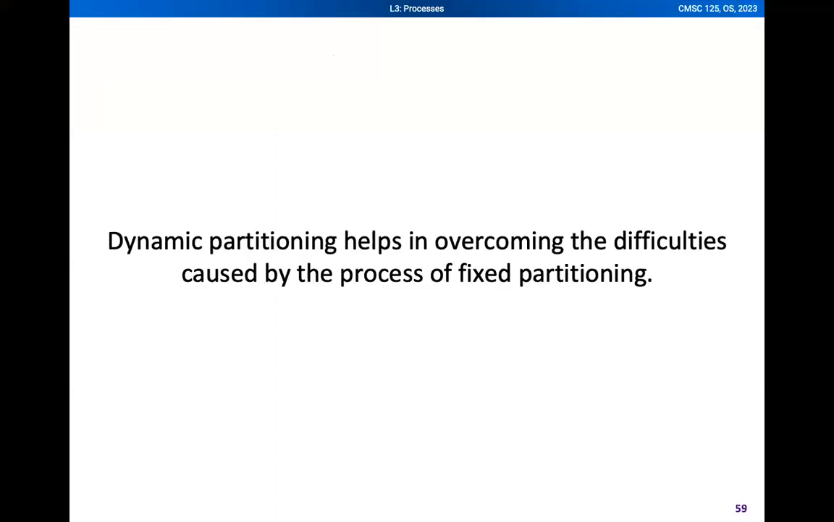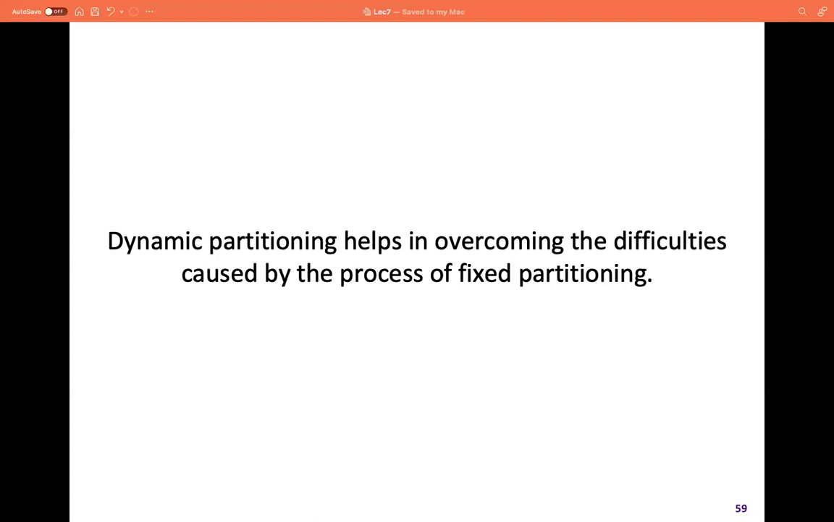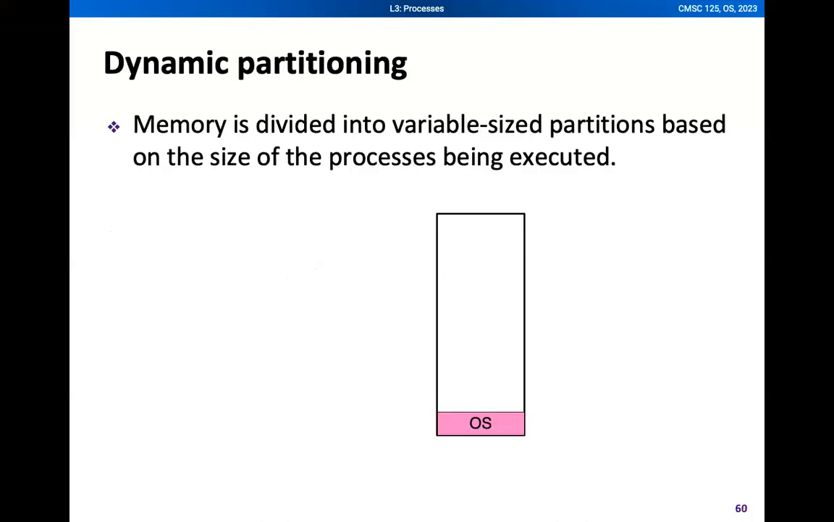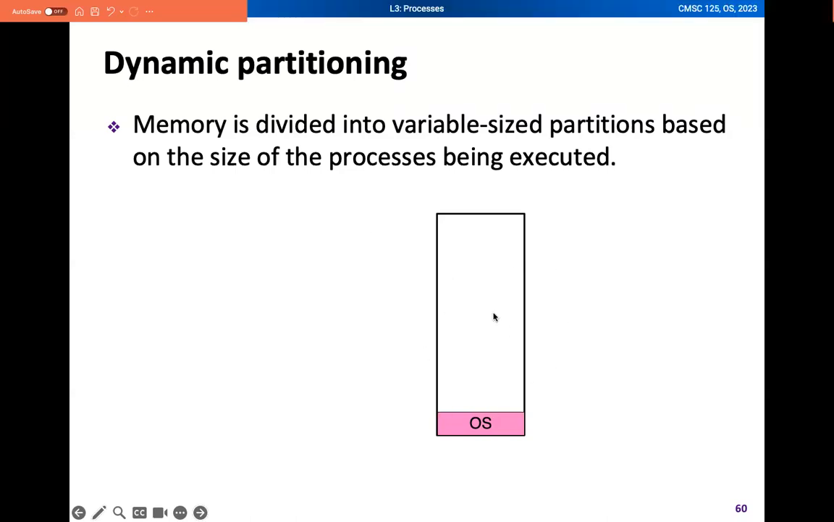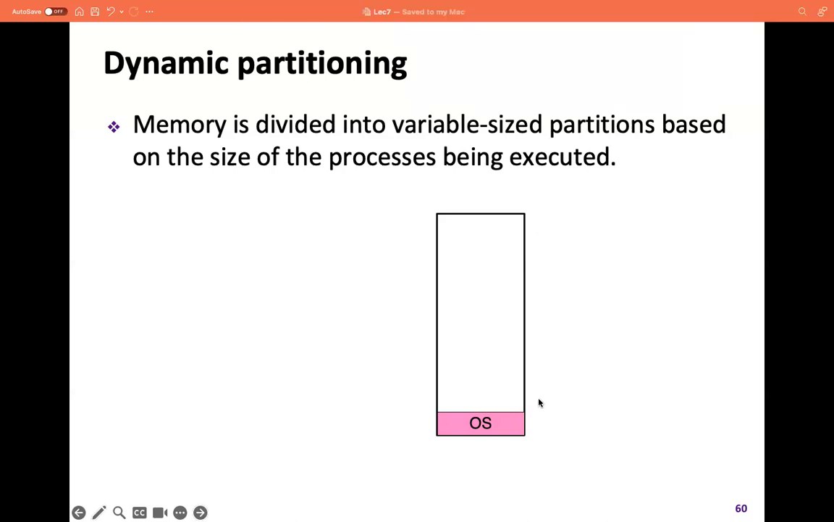So it could be the dynamic partitioning. So dynamic partitioning will help overcome the difficulties caused by the process of fixed partitioning. So in here, the memory is divided into variable size partitions based on the size of the process being executed. So unlike the fixed partitioning, we don't have fixed predefined partitions or regions. Okay, so the size of the partition will vary depending on the size of the process that we want to